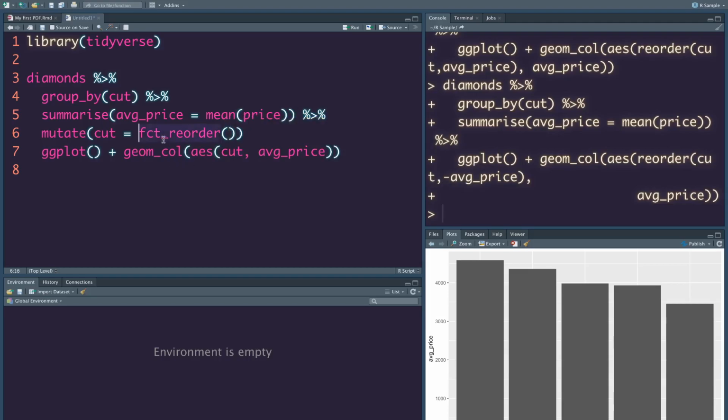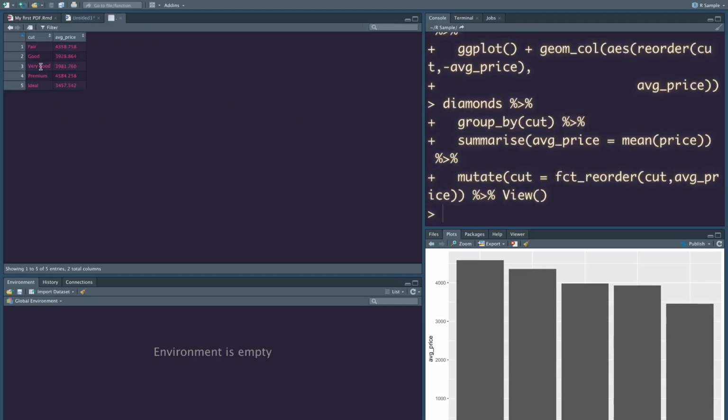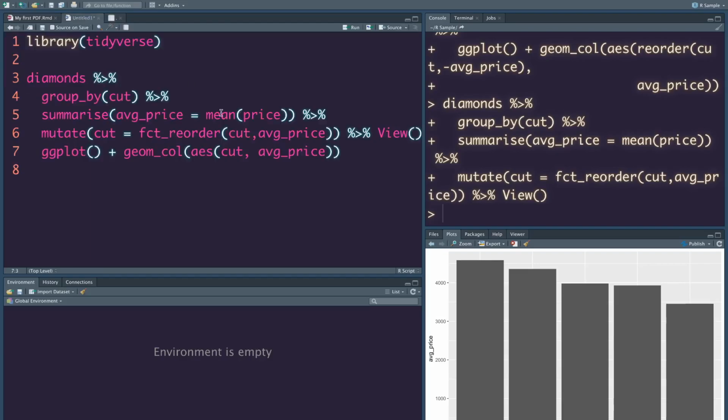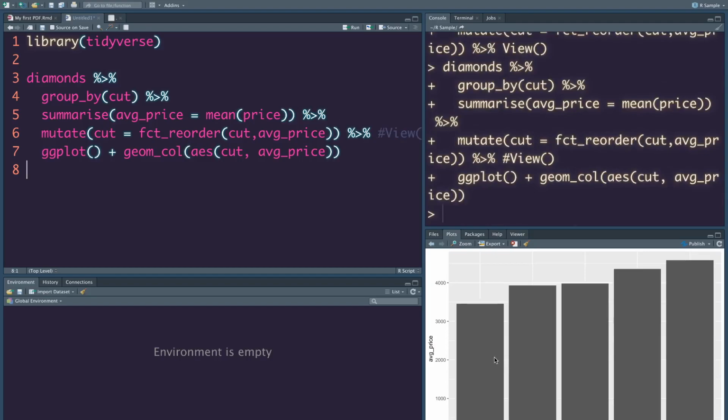So you say fct_reorder of cut with respect to average price, then put a pipe, and let's view it first. How does it look? You can see that even though the output looks the same, internally the factor has been sorted. Now if you make the plot, you can see that it has been sorted.